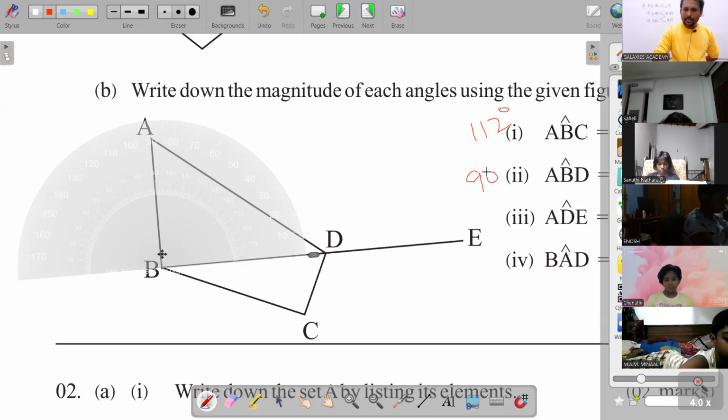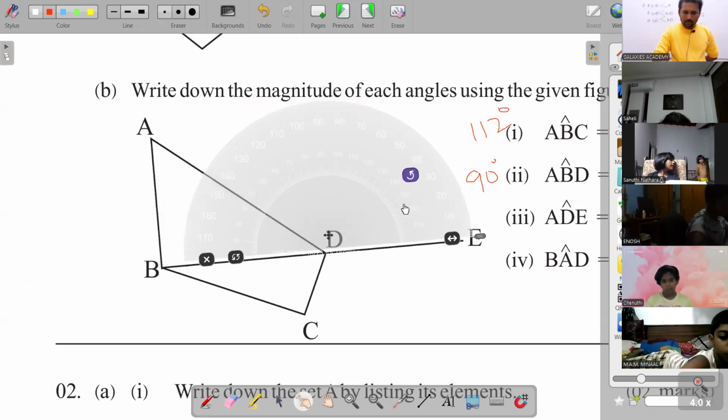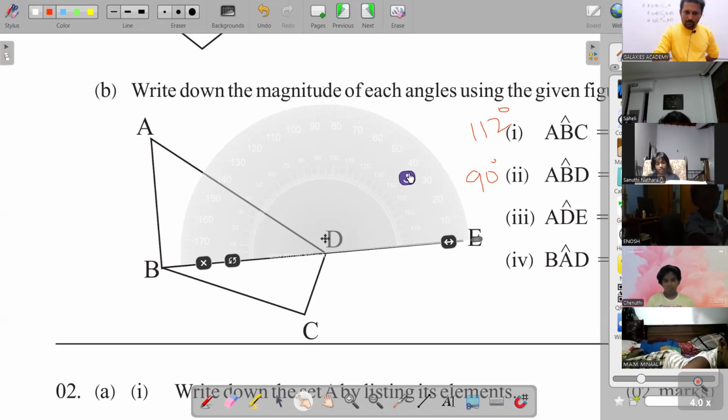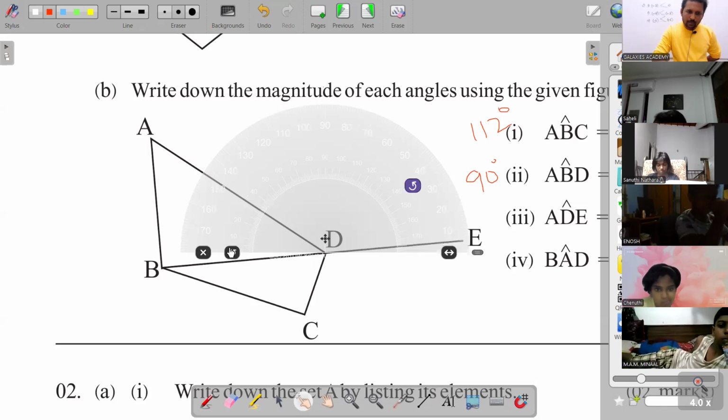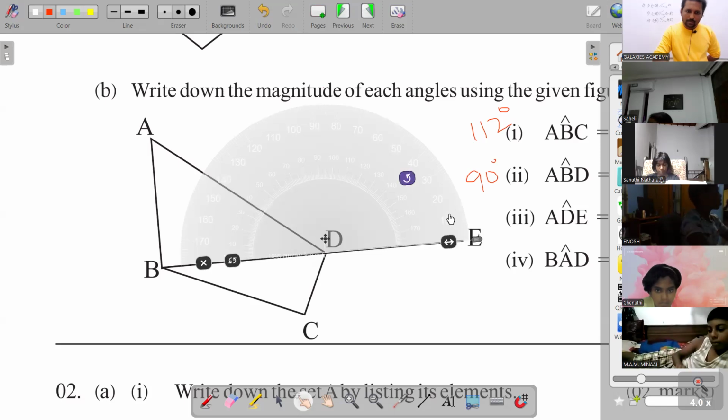And the next one, ADE angle. ADE angle means this one. It is equal to which value? It is equal to 143,